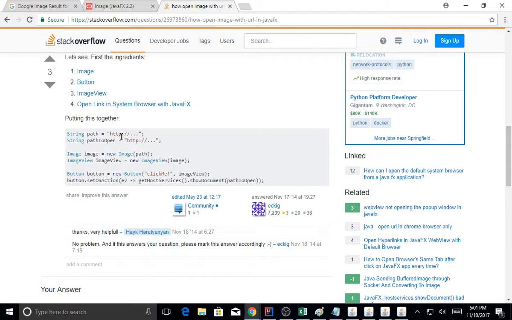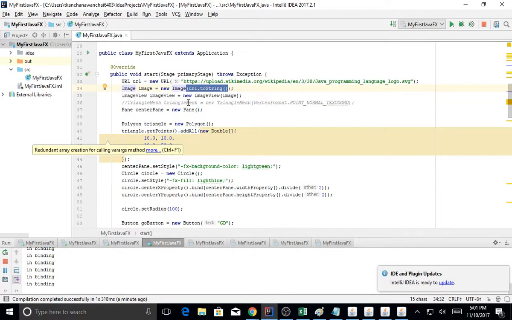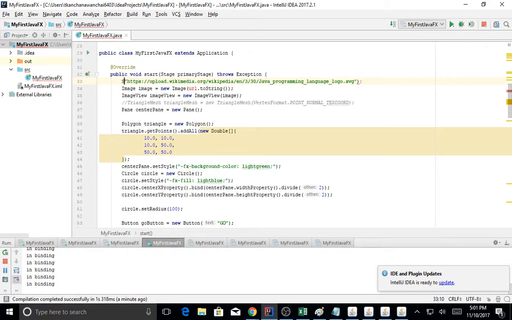Should be very simple right there, huh? Give it path. String path equals